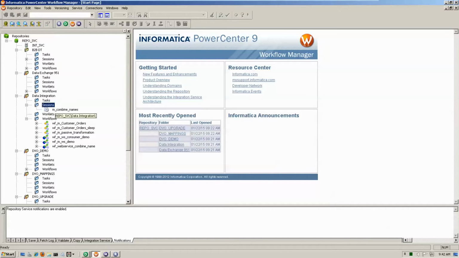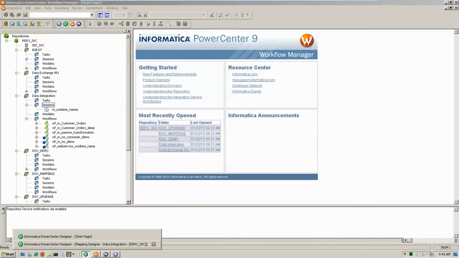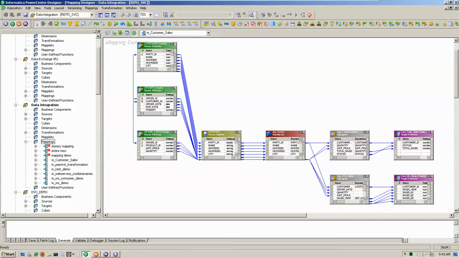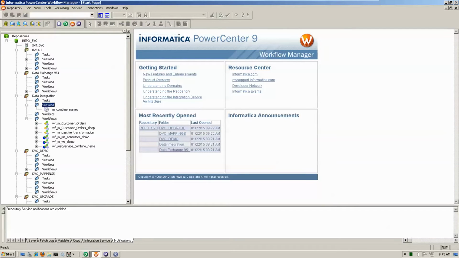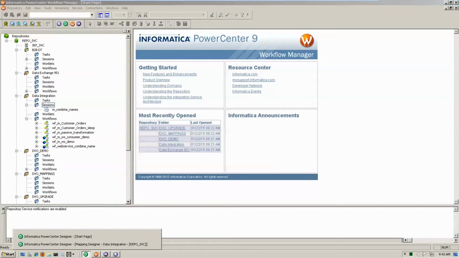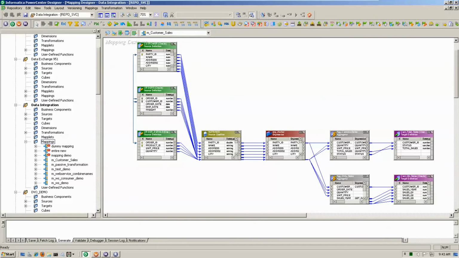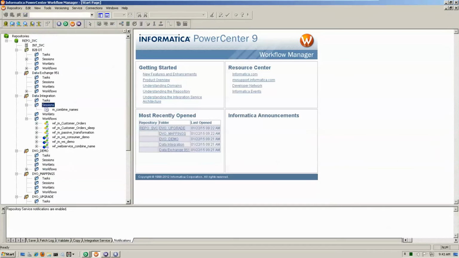And you see the mapping that we created, under M_customer_sales, under the data integration project folder. Under that data integration project folder, you have the customer... let me check whether it is. Yeah, it's customer sales. So the customer sales here, when we move it, we name it as a